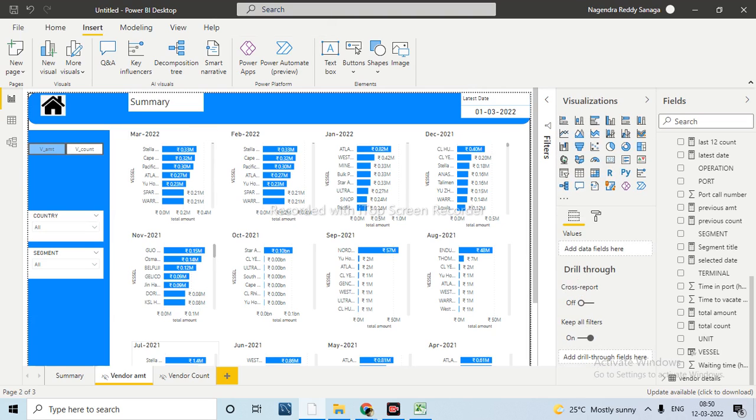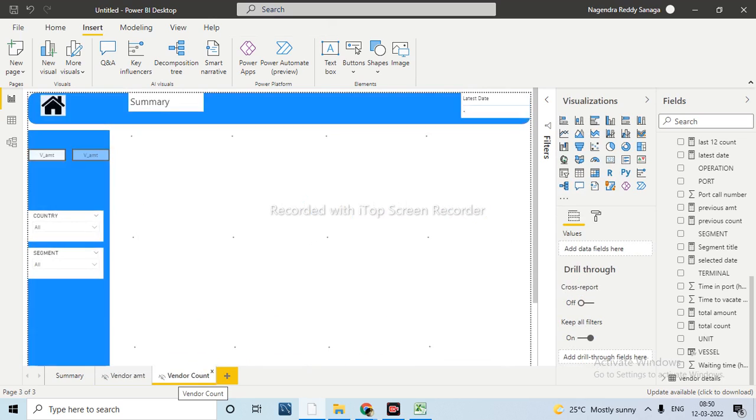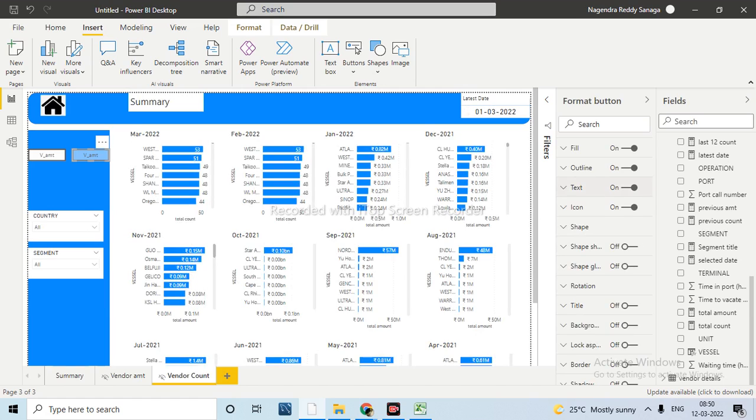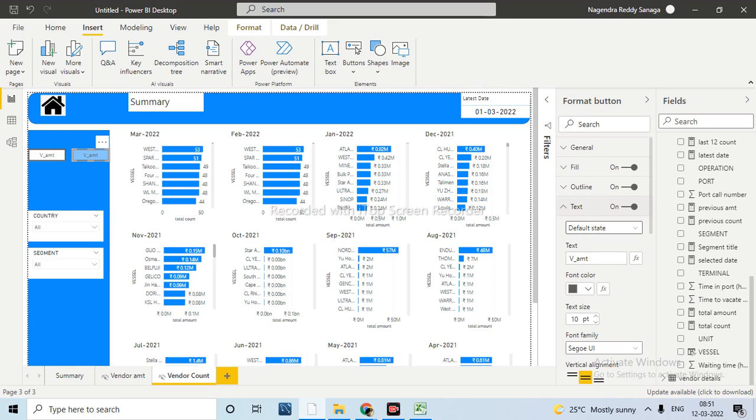Okay, now when I click on here, it will come to this particular thing, and now this one will become the vendor count. And when they click on this one, it should navigate to vendor amount.